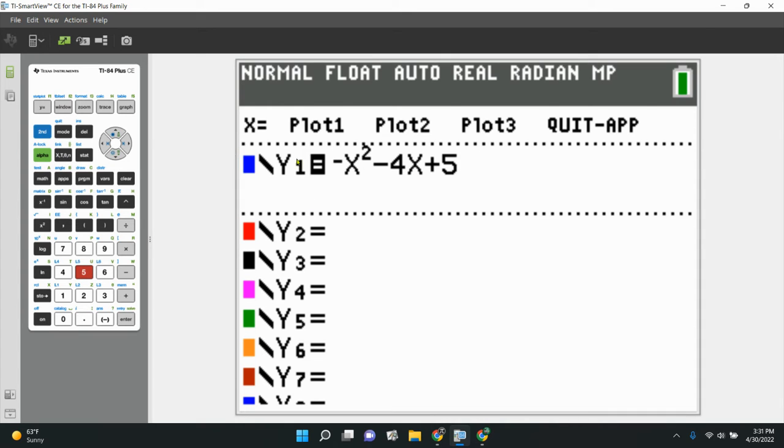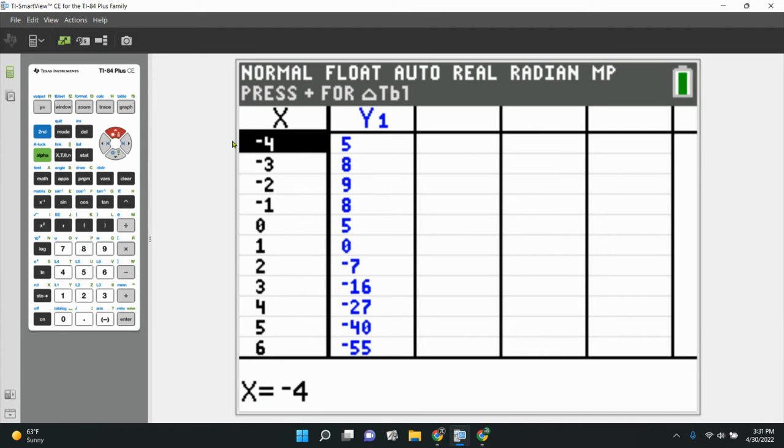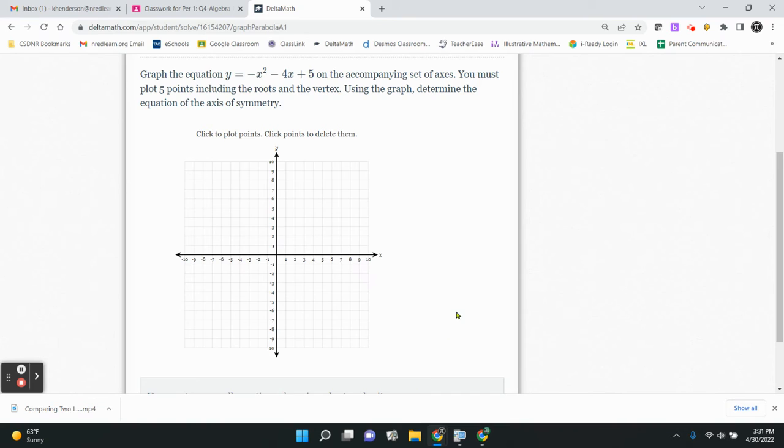Now I can look at the picture, but what I really want is to see the table of values so that I can plot a couple of points. Now I can go up and down. It looks like the values are increasing. They go up to 9 and then they start decreasing again. So it looks like this one is my vertex. Negative 2, 9, negative 3, 8. So as I go back here, negative 2, 9,